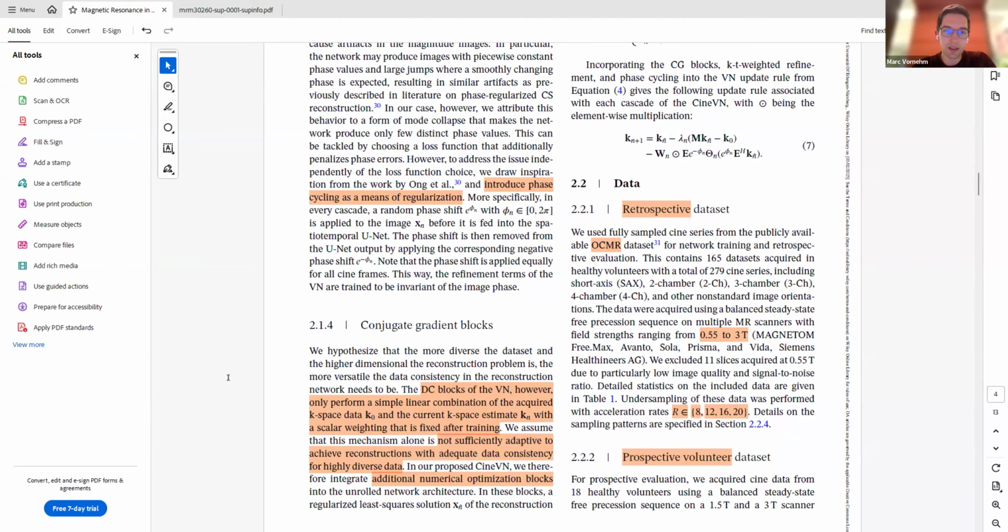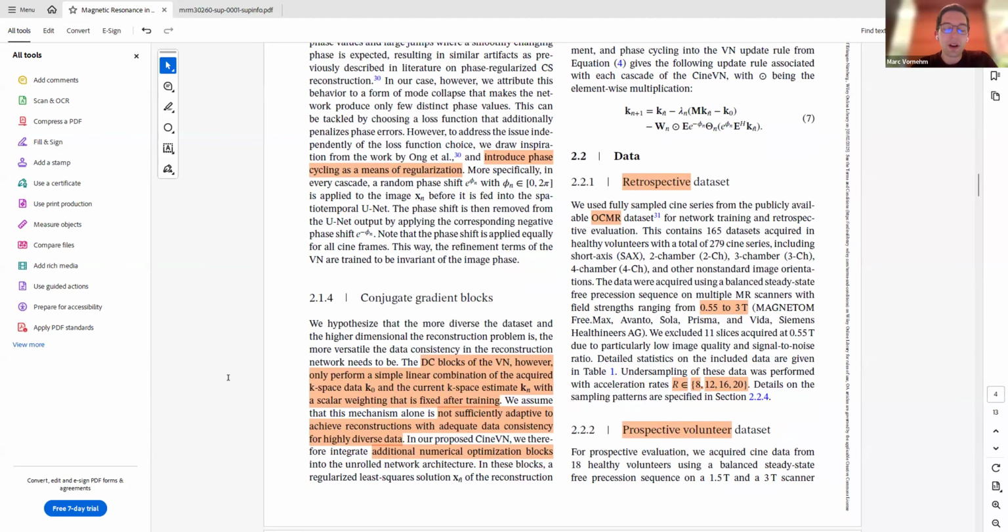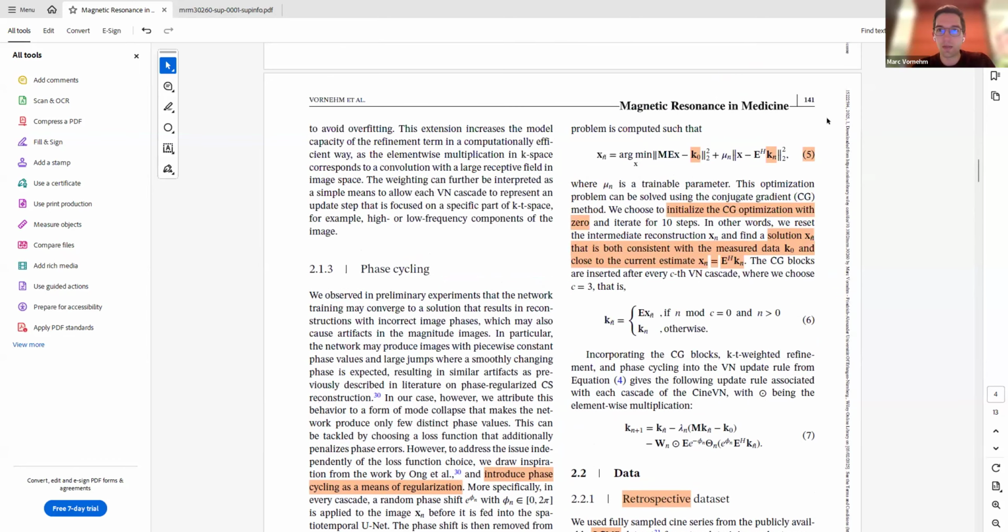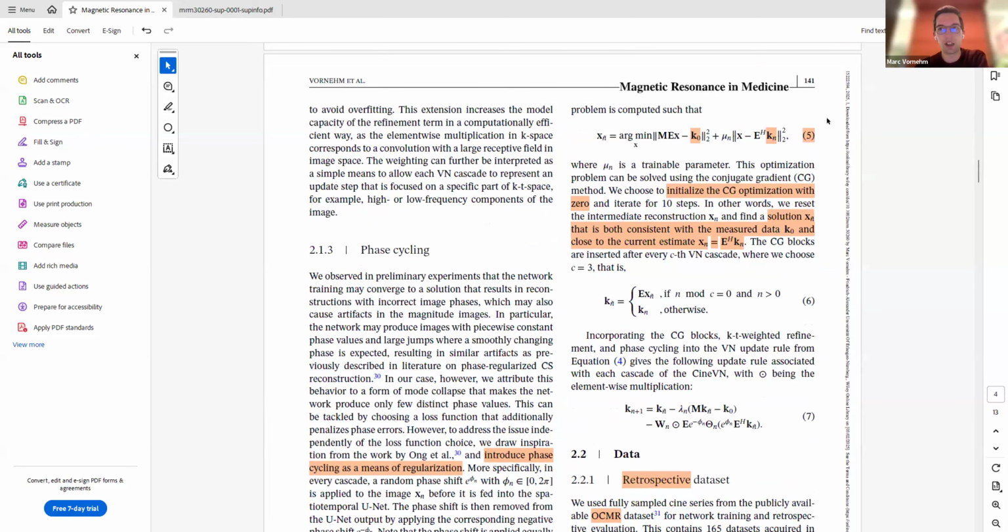So the problem is that our data is highly diverse. It varies in a lot of parameters in terms of image size, in terms of number of phases. And this makes data consistency in the way that the variational network does it difficult. So we needed to improve data consistency, and we do this by inserting these conjugate gradient blocks after each third cascade of the VARNet. In these conjugate gradient blocks, we basically solve a separate optimization problem.